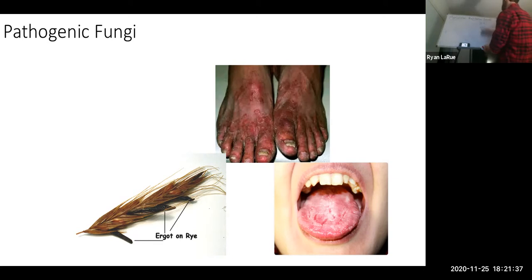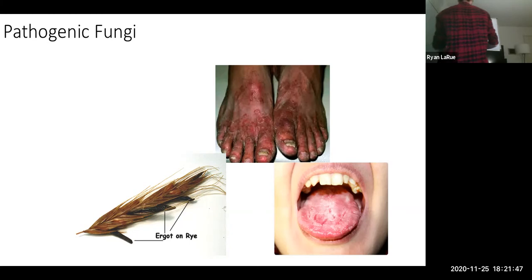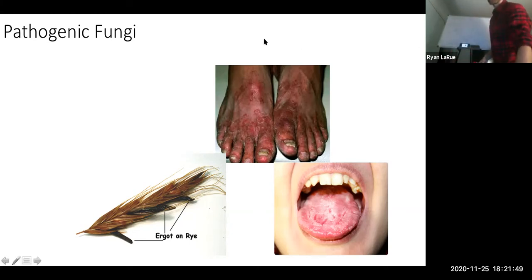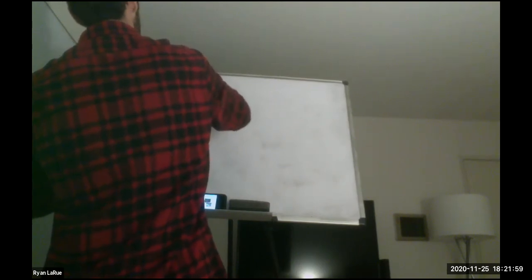Pathogenic, meaning disease-causing fungal organisms.